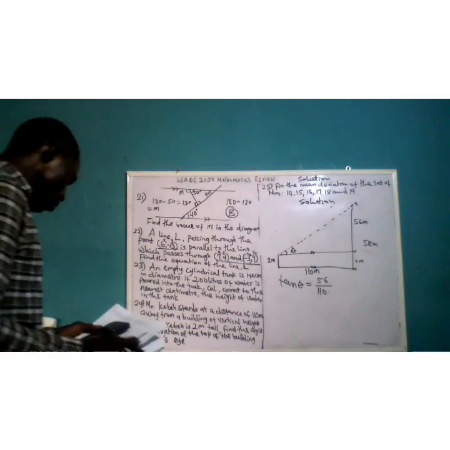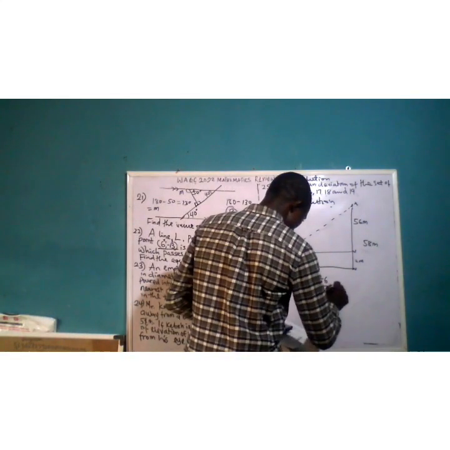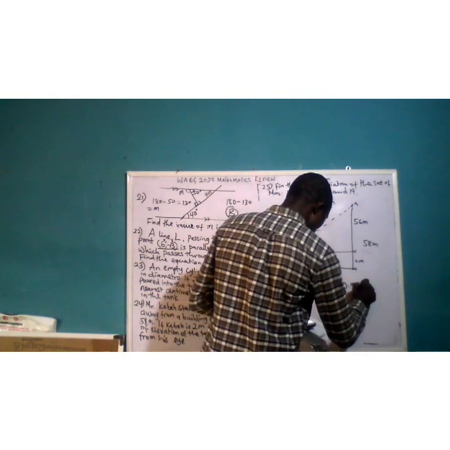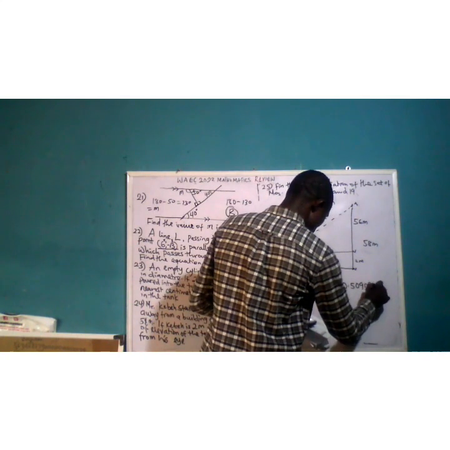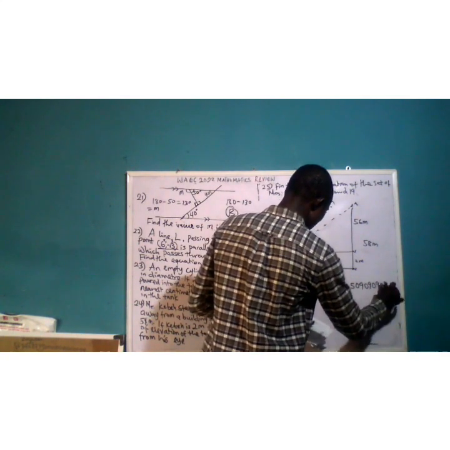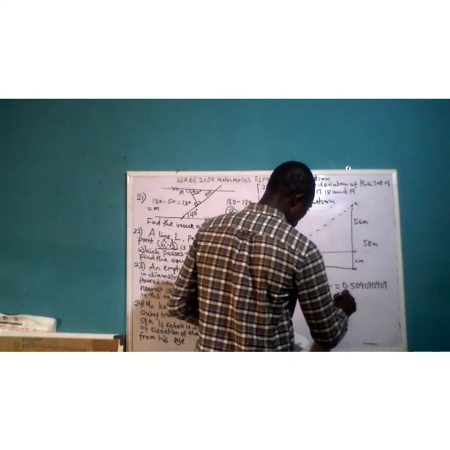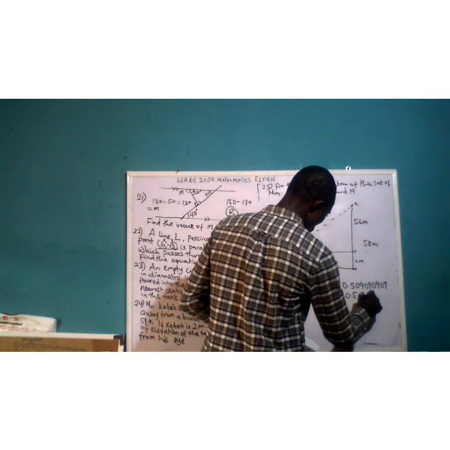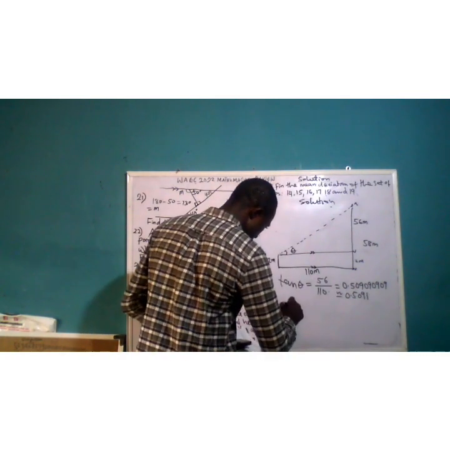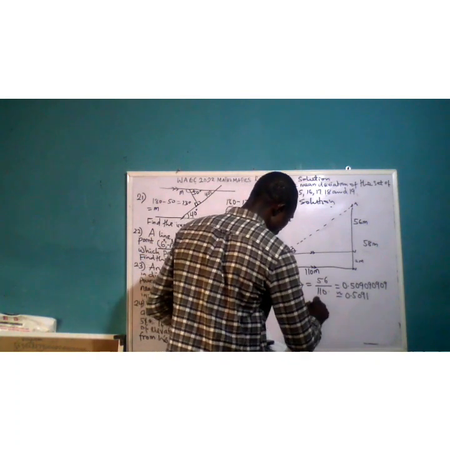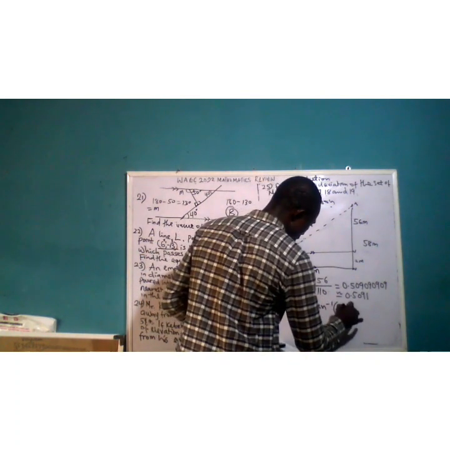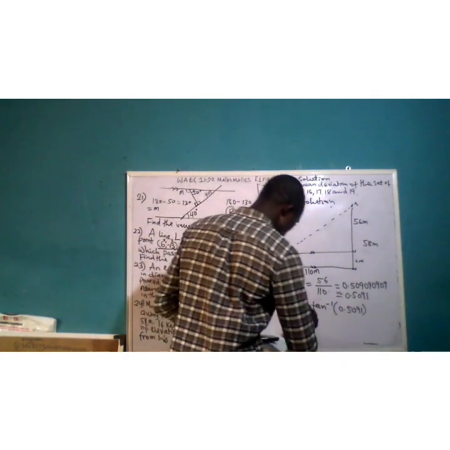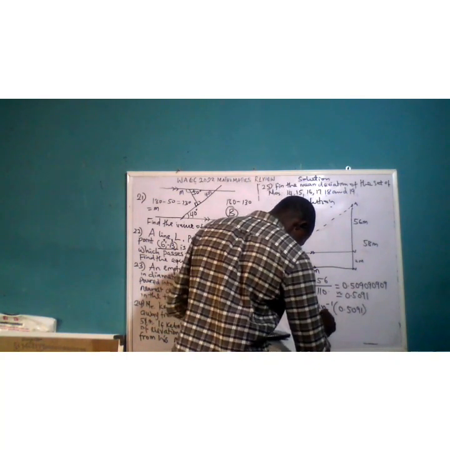Okay, that gives us approximately 0.5091. And from this, you can take theta to be equal to inverse tan 0.5091. Okay, that will give you theta to be equal to